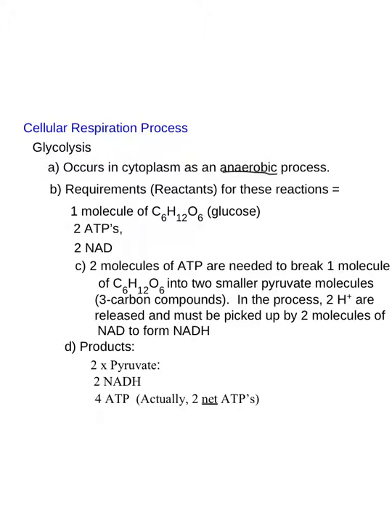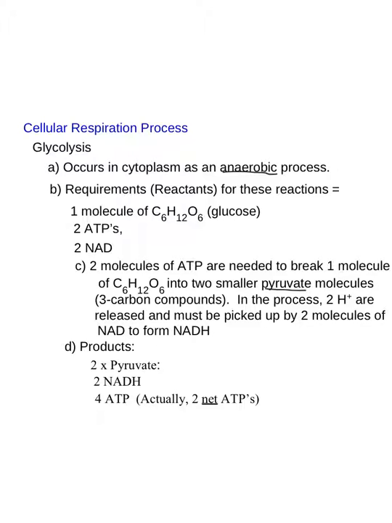What actually happens here? The 2 molecules of ATP are needed to help break apart that 1 molecule of glucose. When we do this, we end up with 2 smaller molecules called pyruvate. Now these are 3-carbon compounds, but they're not exactly a half of a glucose. They've got a couple of hydrogens missing. So those hydrogens are released and have to be picked up by the 2 molecules of NAD to form NADH. Therefore, our products are going to be a couple of pyruvates, 2 NADHs, but in the process, this is really